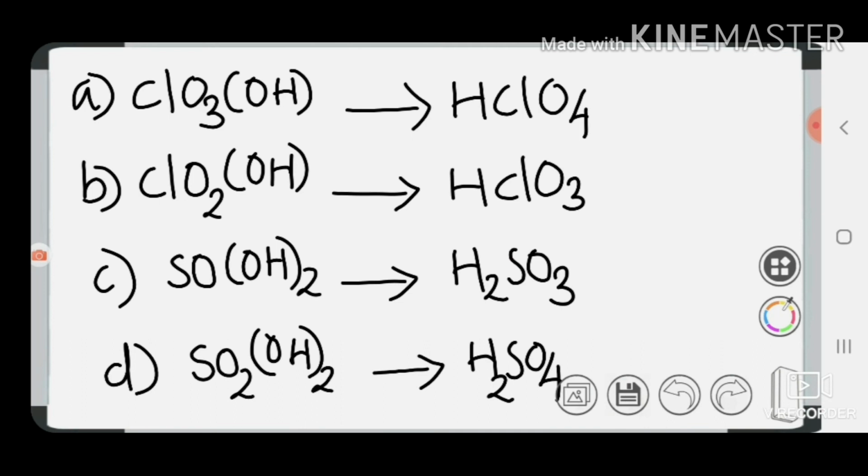You just have to find the oxidation state of chlorine in the first oxo acid, HClO4. You can find that it is a +7 oxidation state. Chlorine, as you know, is a highly electronegative element, and with the higher oxidation state of +7 it has a higher tendency to remove the hydrogen from HClO4. So it is highly acidic. The strongest acid among these options is HClO4.